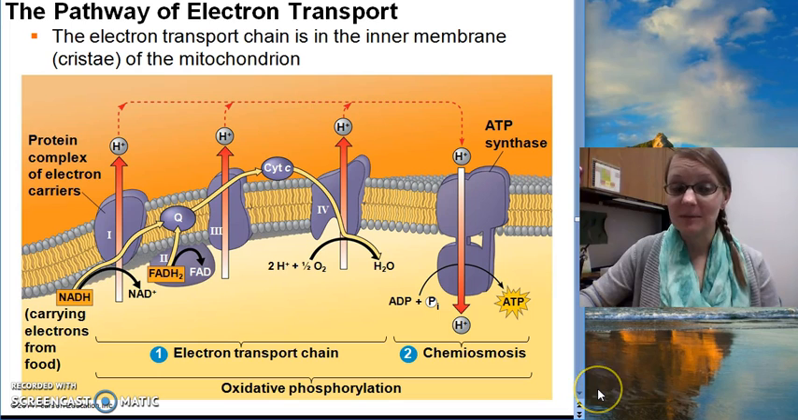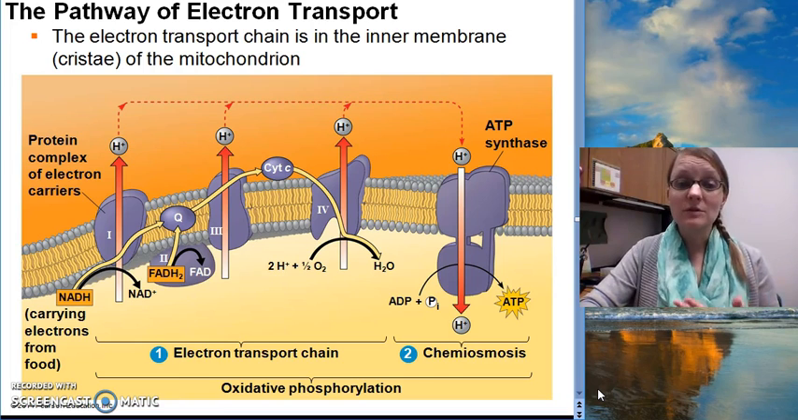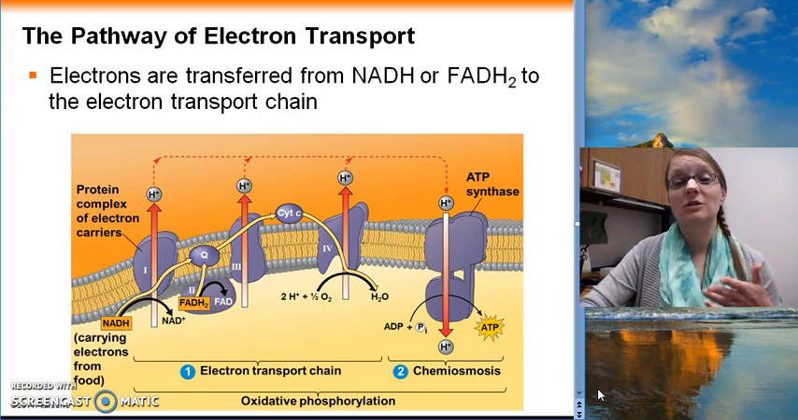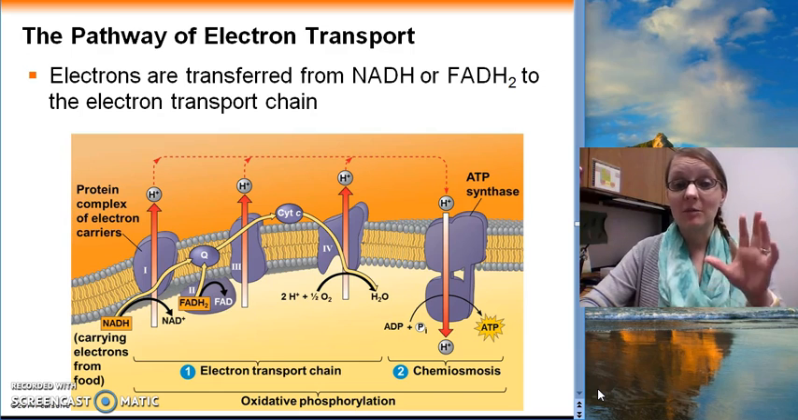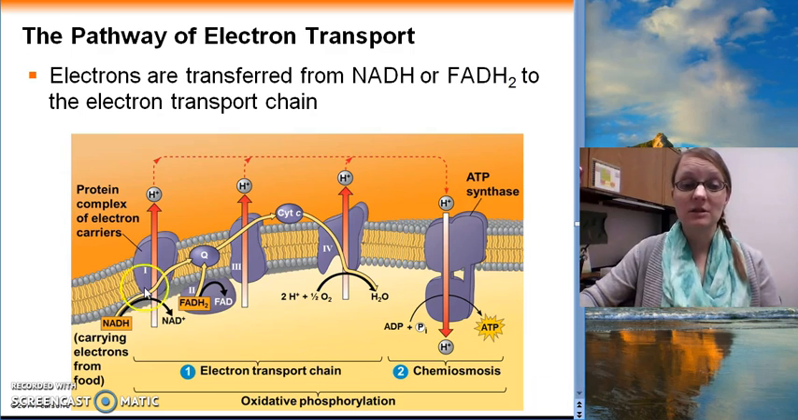Okay, so when the citric acid cycle is finished, and the majority of the energy from glucose still remains as those high energy electrons that are being stored by NADH and FADH2, both of those electron carriers are going to come to the electron transport chain within that mitochondrial inner membrane, and they're going to drop off those electrons, right? And the electrons are going to start here at complex 1 or at complex 2, depending if they're getting dropped off by NADH or FADH2, and they're going to move through the electron transport chain,